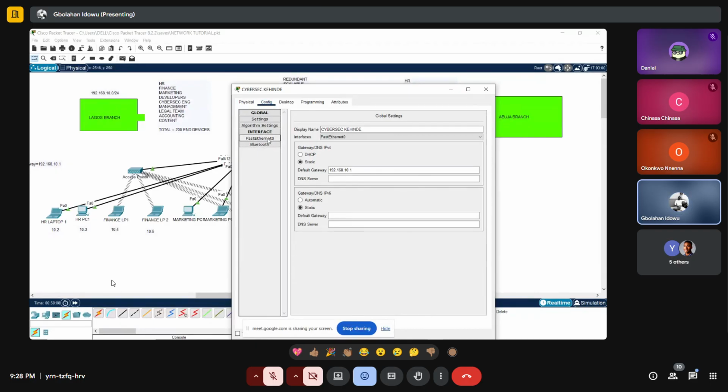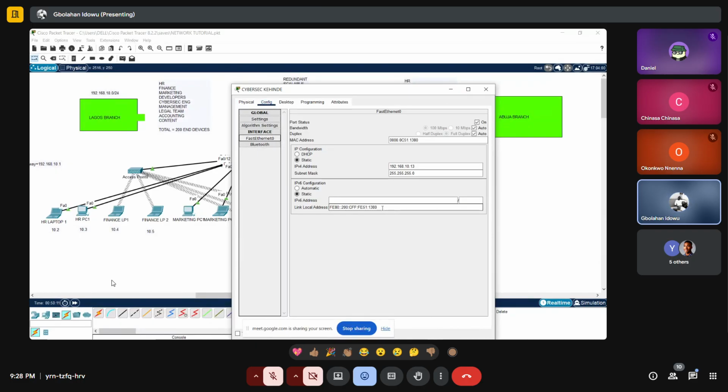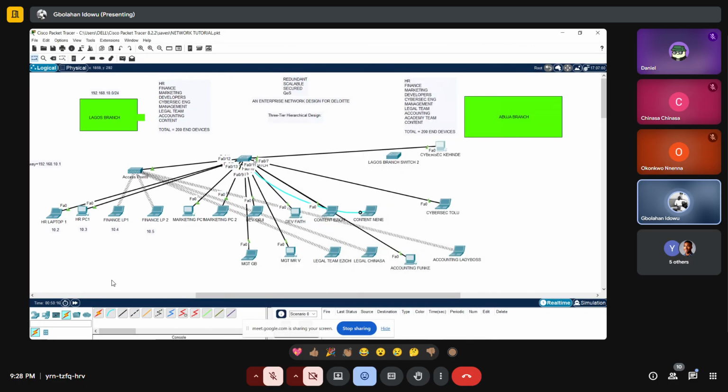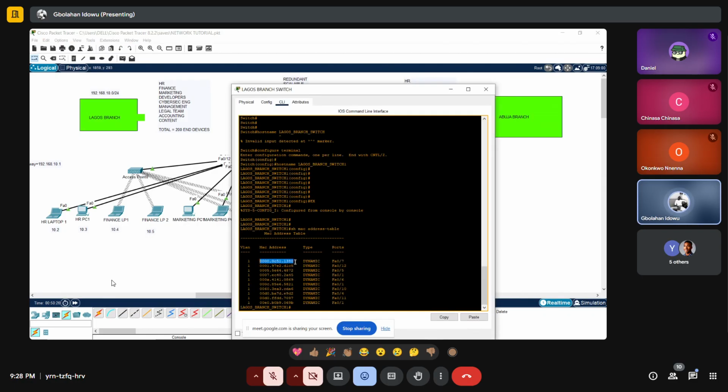Go to fast internet. So it ends with 1380, right? So let's go to the switch's table on 0/7. See 1380. So it has learned the MAC address of that particular device. So if we look at all the devices here,